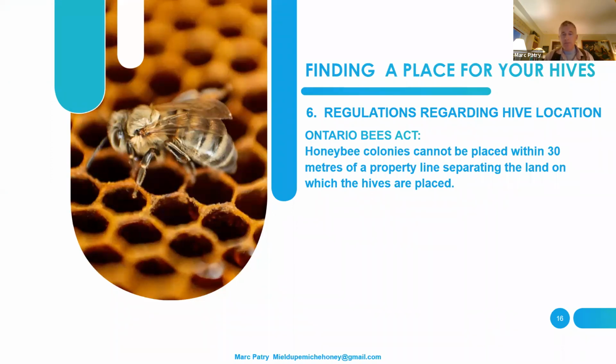So it's not your city bylaw that talks about bees. It's under the Bees Act, under Agricultural Affairs. And in Ontario, the main rule that affects you as a beekeeper is that you cannot place a hive within 30 meters of a property boundary. All right. So that means city beekeeping is, unless you've got an expansive property in the city, technically